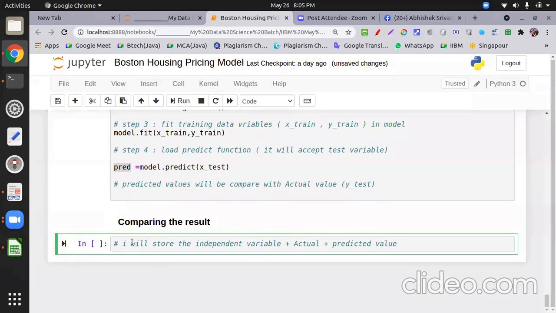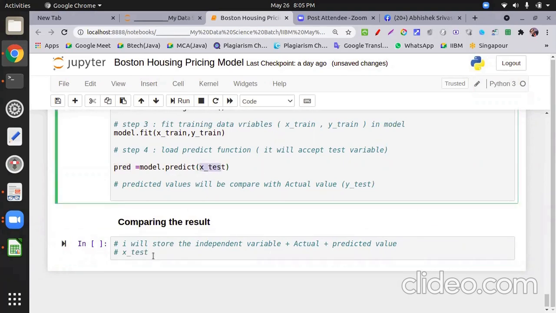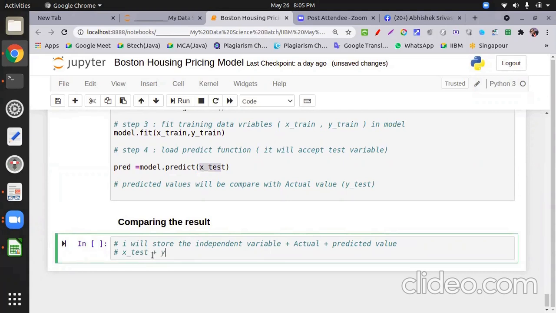Independent variable means X test. I will mix up the X test, y test, and y pred, because the model is working on the X test. So X test plus y test plus y pred, so that you can analyze what the actual values are and what the predicted values are. Okay, let's do this.